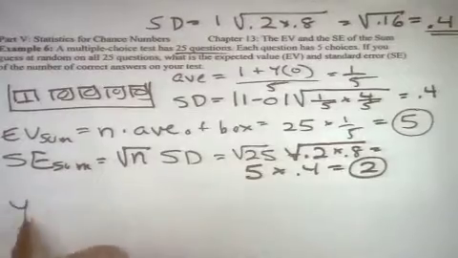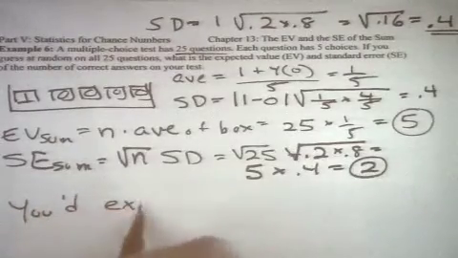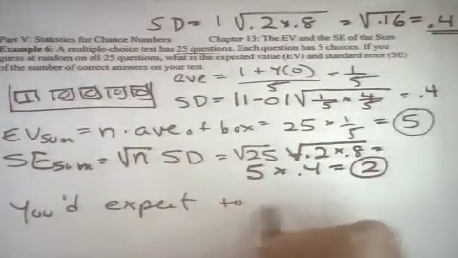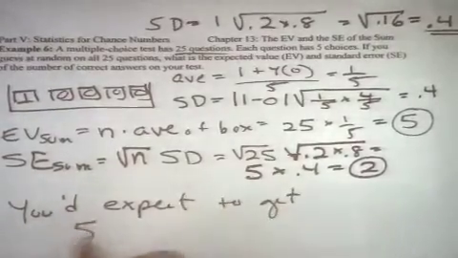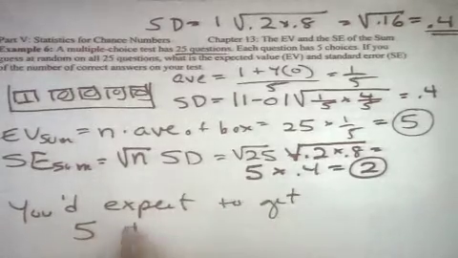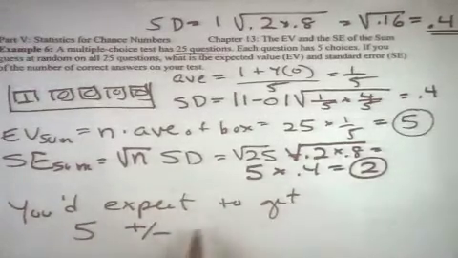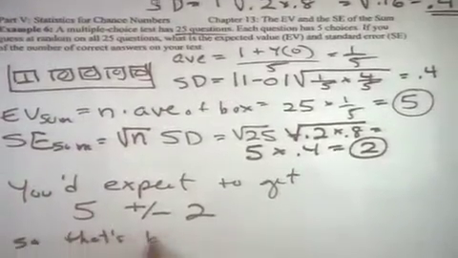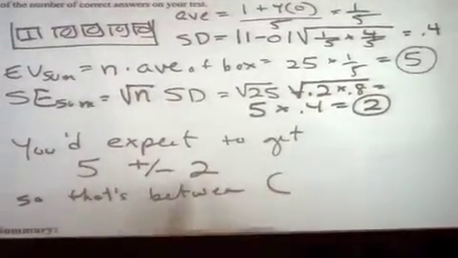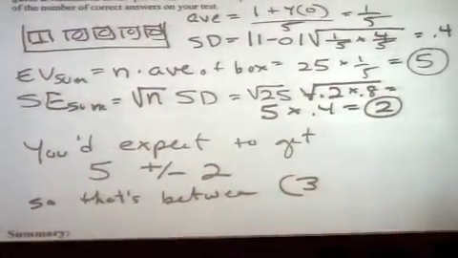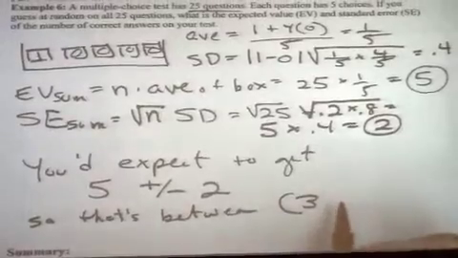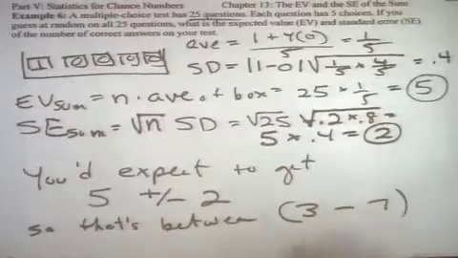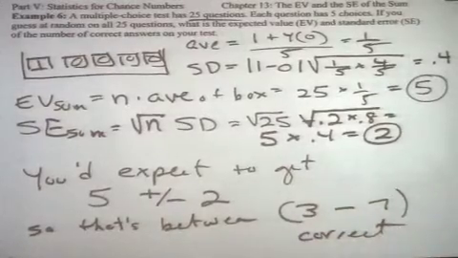So you'd expect to get, right, this is not a good score, you'd expect to get 5 correct, terrible, plus or minus what? About 2. So that's between what and what? That's between about 5 minus 2, about 3, right. Ooh, that's not very good. So that's between 3 to what? 7, correct, not very good. All right,